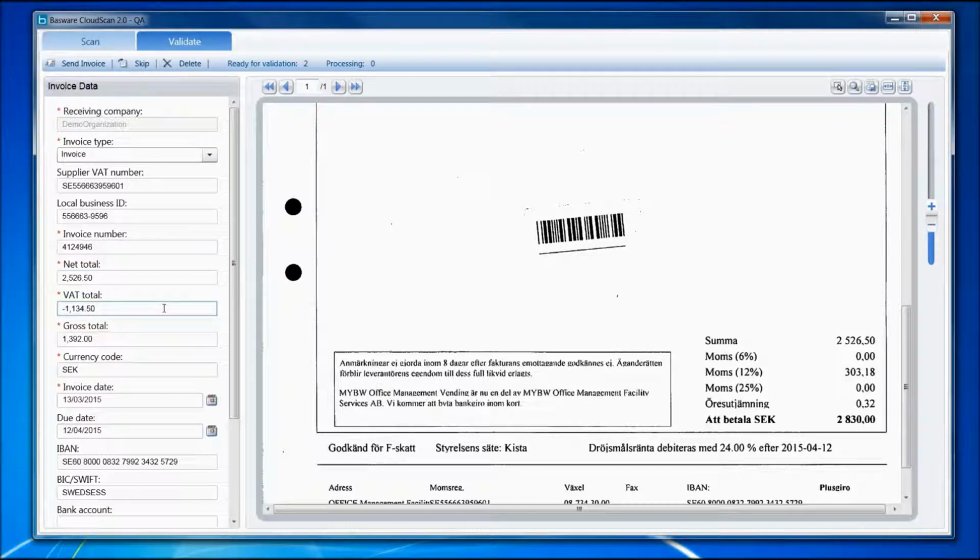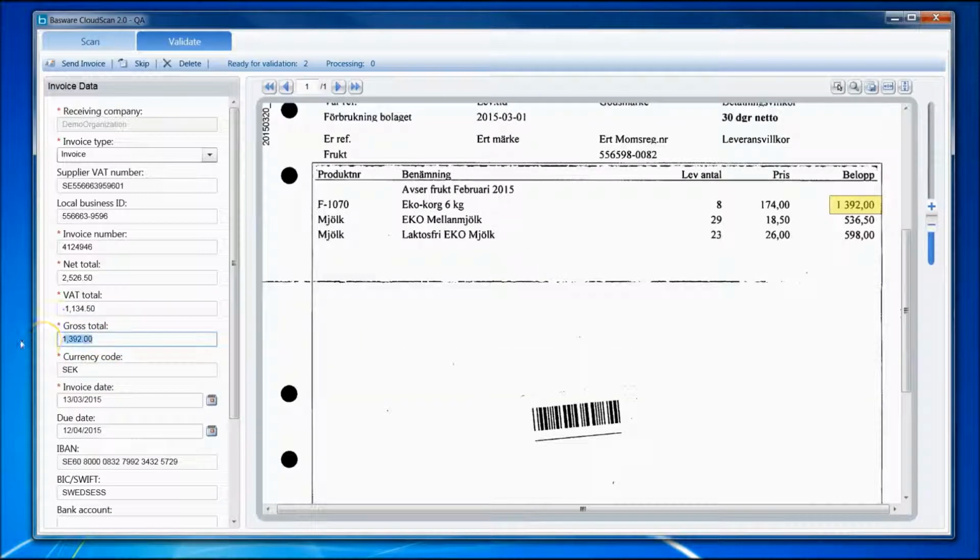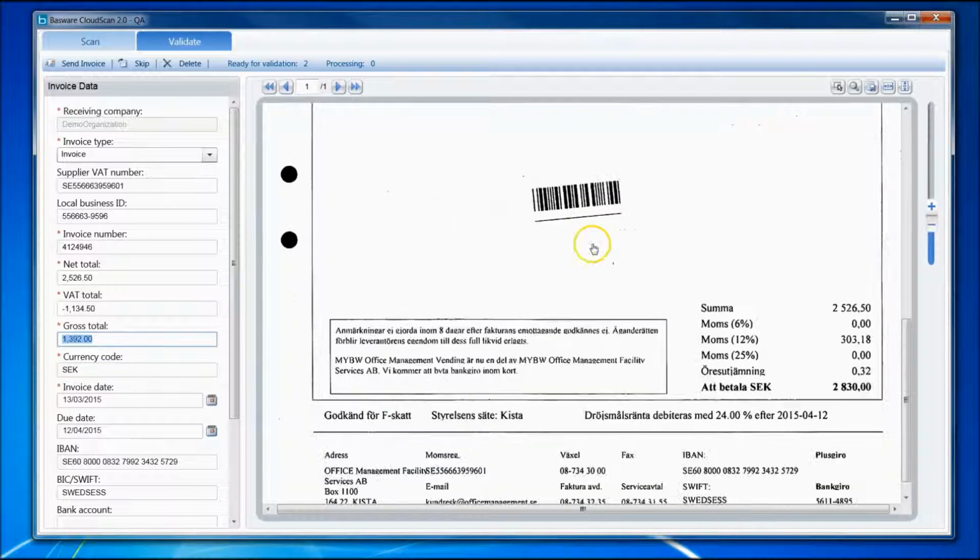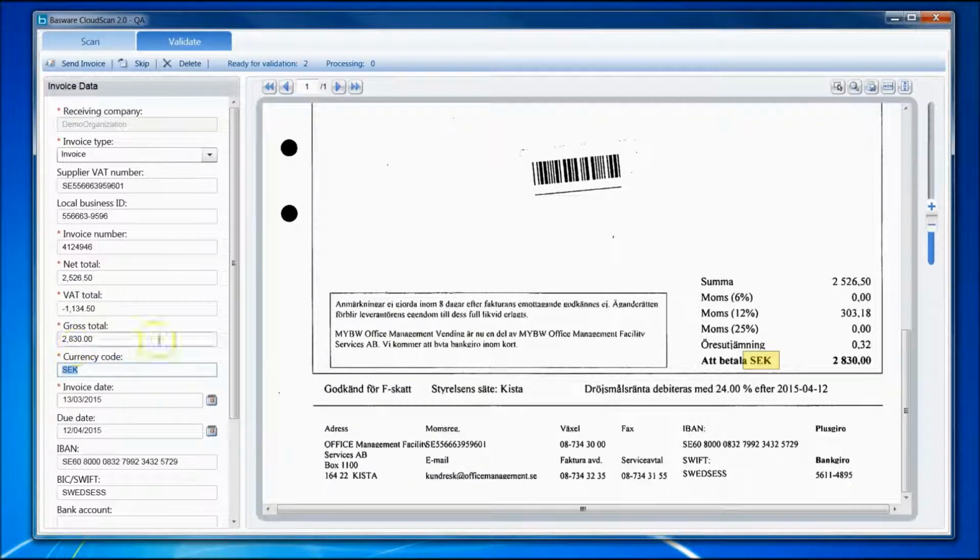And what it does then is calculate the VAT for me. In this case, it's also captured the gross incorrectly. So I'll just correct that. It's taking the gross from up there. So I'll just mark this field here, and I'll say this is the gross. Get rid of the original gross. There we go. So now we can see here it's actually 2,830. And the VAT